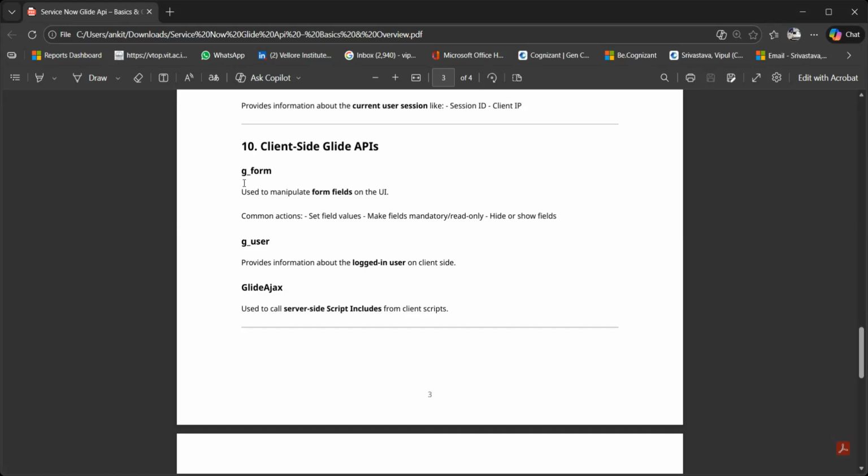If you want to show a pop-up on the form itself that the login user email address is this,